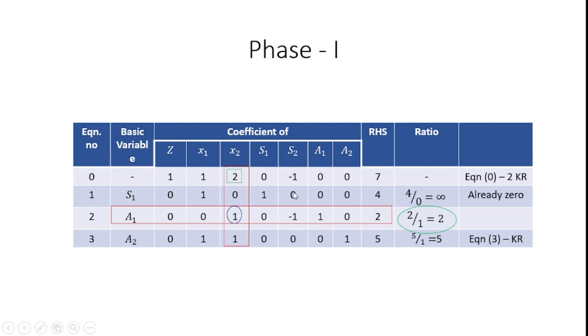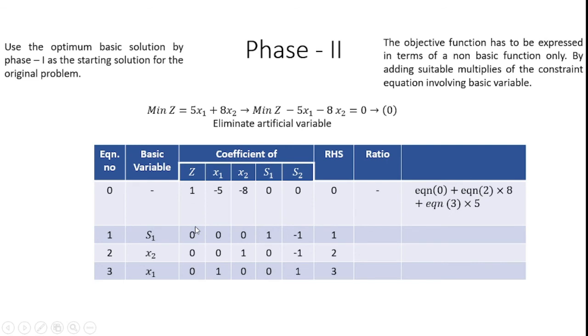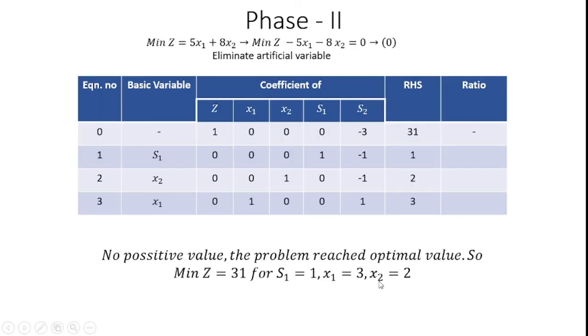Here you see in the first step S1, A1, A2 are available, but at the intersection of key row and key column, we can replace A1 with x2 and then other things. Here you see A2 replaced with x1. Likewise, you also change the basic variable places. From this we can get the x1 and x2 values for the corresponding problem. Likewise, we can solve the problem with the two-phase method in the artificial variable technique.